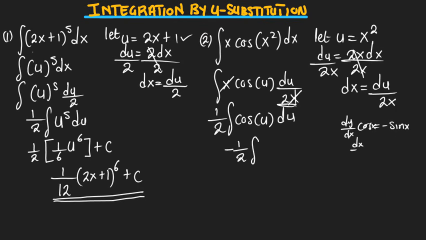Then, of course, dy over dx of sine is equal to cosine. So the one which was giving you a negative, whenever you are differentiating, should give you a positive this time around. And the one which was giving you a positive should give you a negative this time around. It's the exchange. Because the cosine was giving us a negative sign, this time around it's going to be a positive sign, so we're going to have a positive